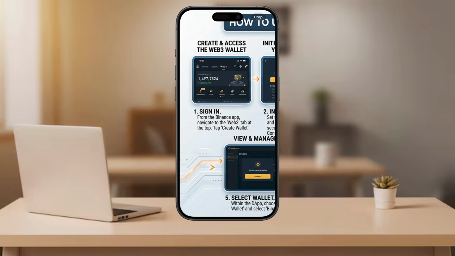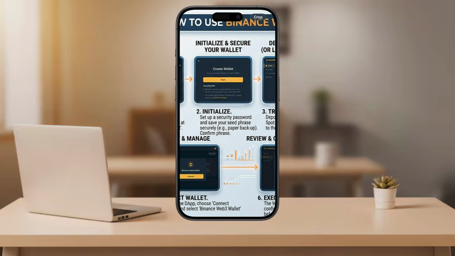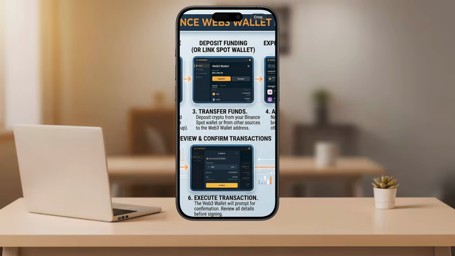So the first thing you want to do is create and access the Web3 wallet. From the Binance app, navigate to the Web3 tab at the top and tap on Create Wallet. Once you've done that, set up a security password and save your seed phrase securely. And once you've done that, you can deposit crypto from your Binance Spot wallet or from other sources to the